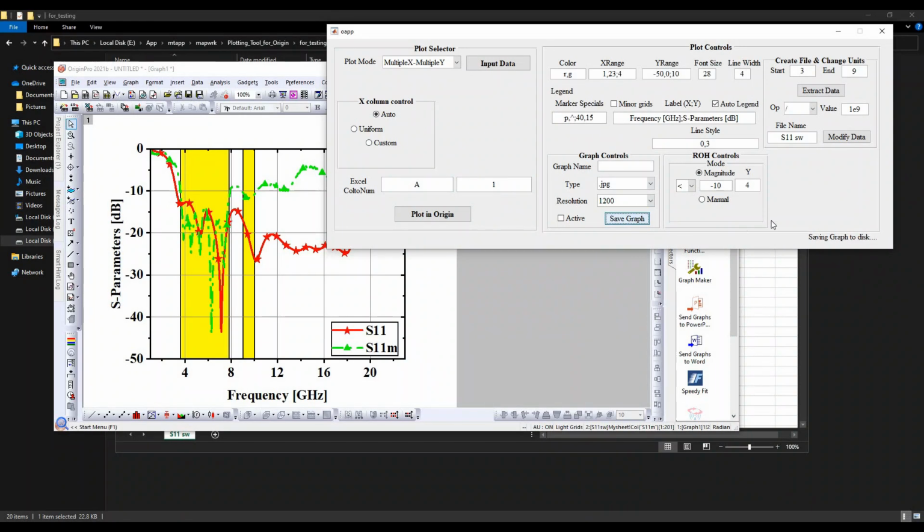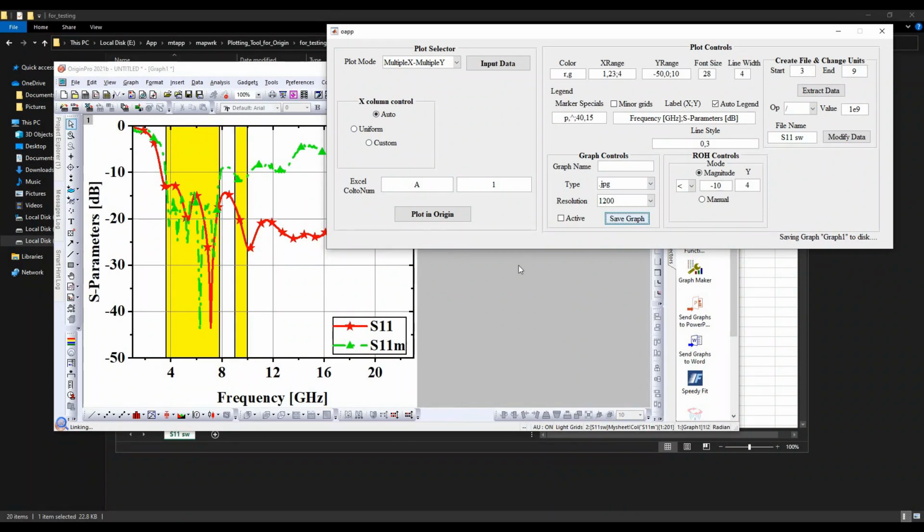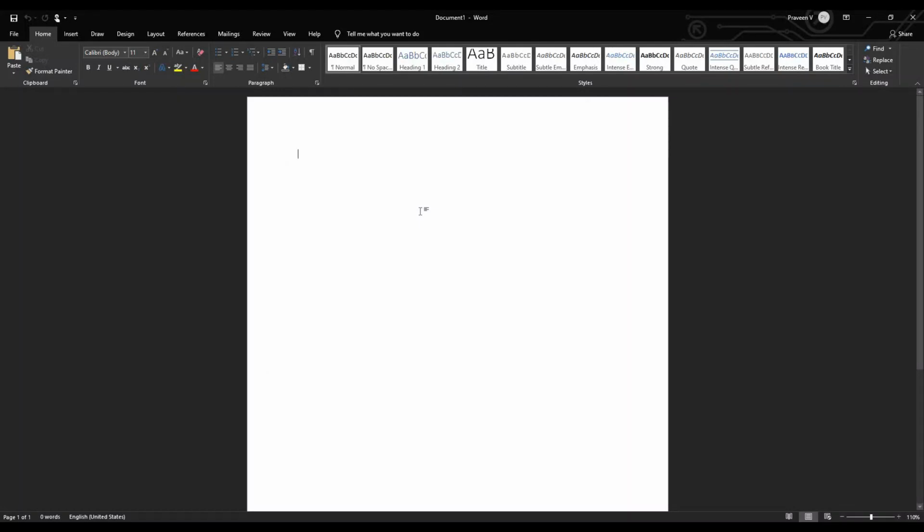By clicking on the save graph button, you will save the graph to the disk with all the edges cut down. Also, one more added advantage is the graph will be copied to the clipboard, so that you can just copy-paste those graphs into Word documents.